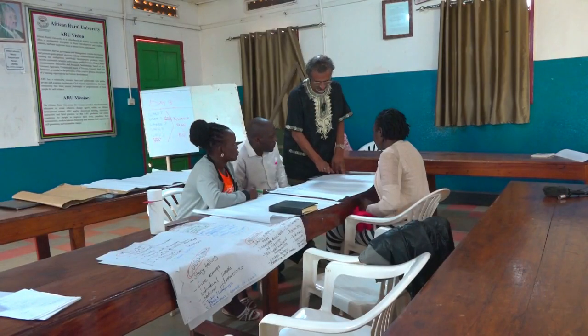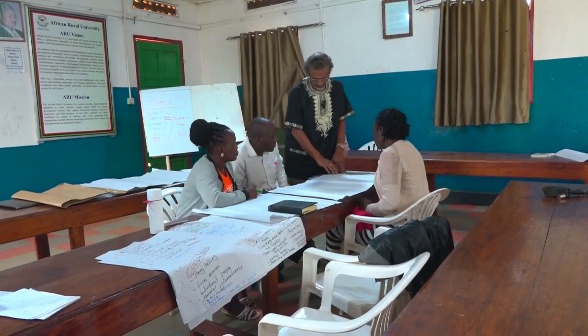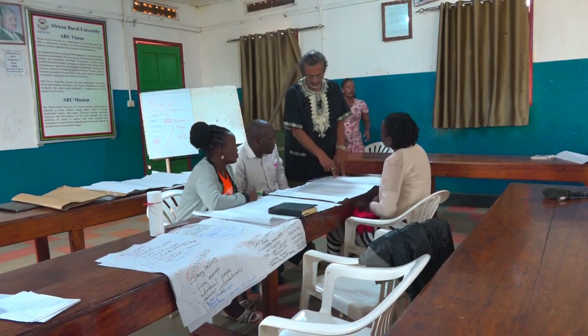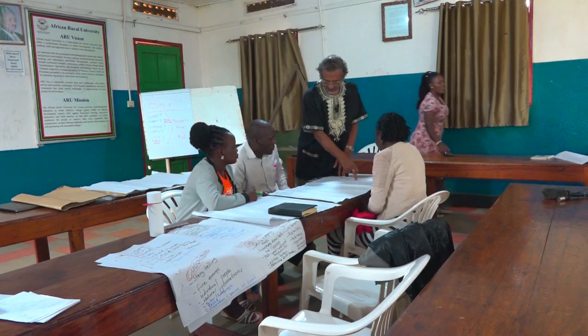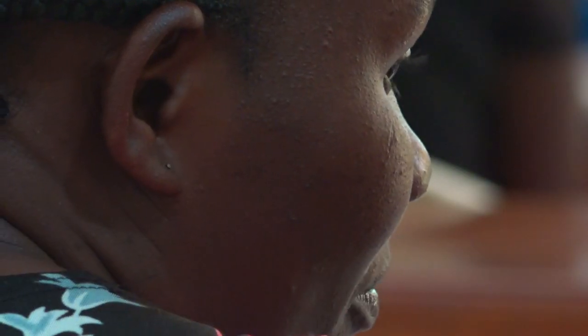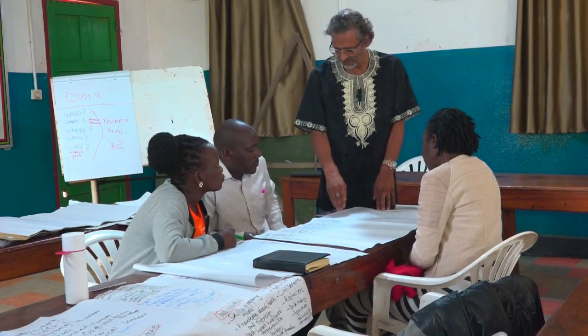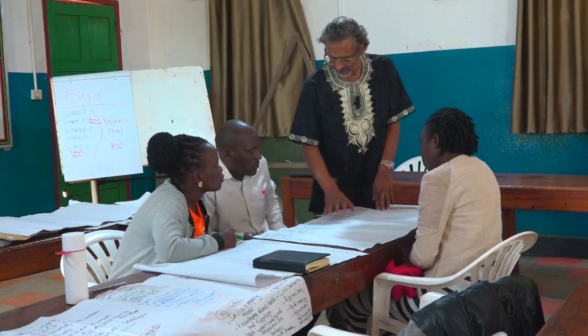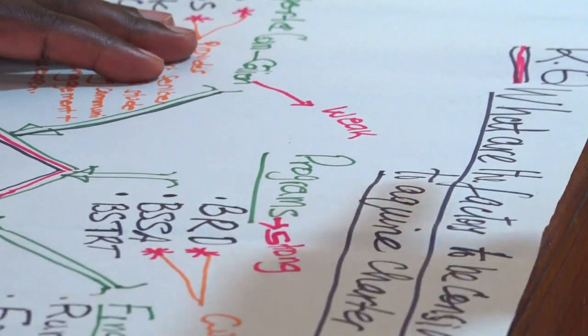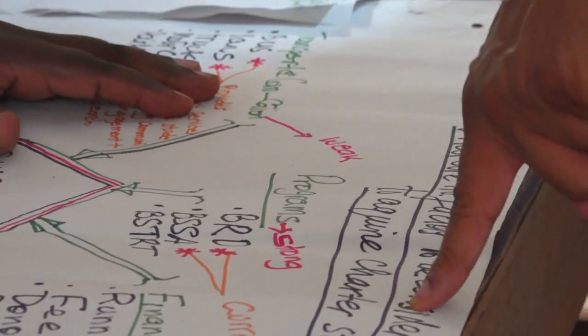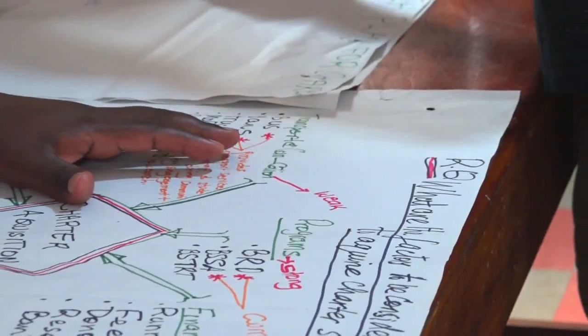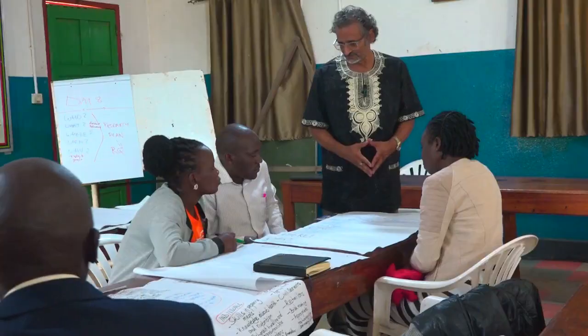We want to say, okay, first of all, I'm going to talk to this group, and this is the research instrument I'm going to use, and this is the kind of data that I'm trying to collect from them. So you have a step-by-step plan as to who you're going to look at first, and second, and third, and fourth, until you finalize, okay, this is all the people that I want to talk to in order to collect my data that I'm going to use to develop my intervention.